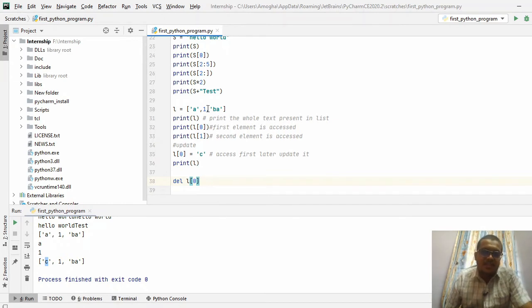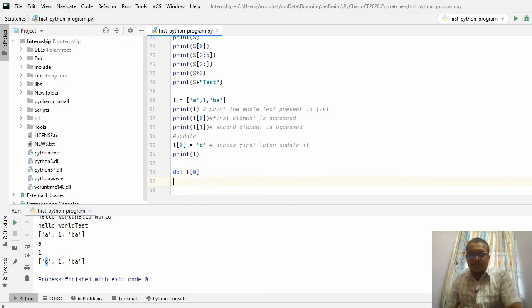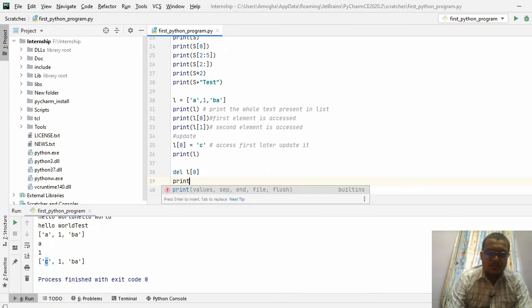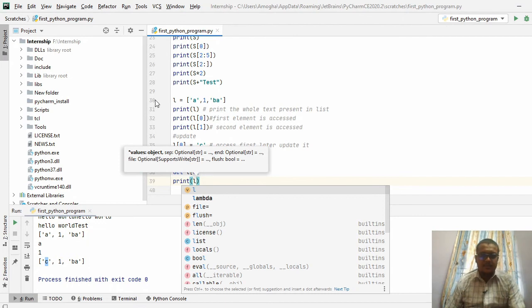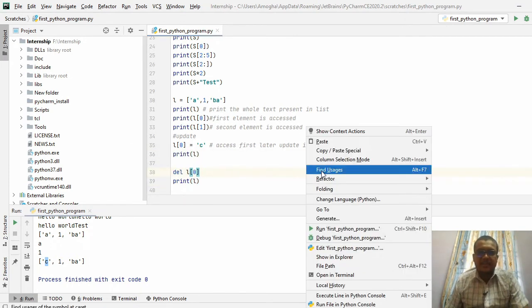In the 0th position A is there. After executing this delete option, the position of A should be deleted and the list should have only the remaining elements. You can just print this. Let me see whether it will be deleted or not.